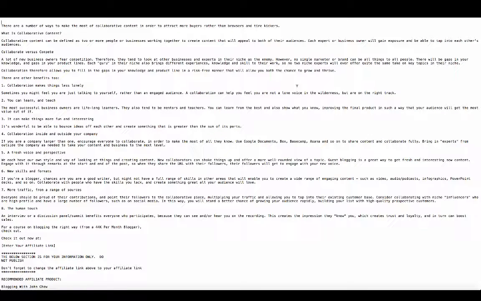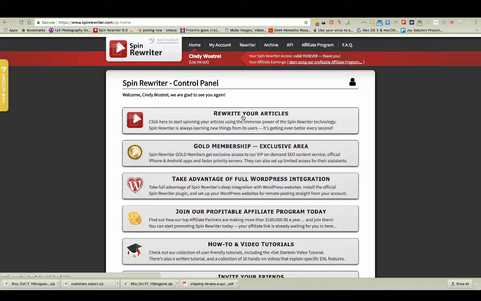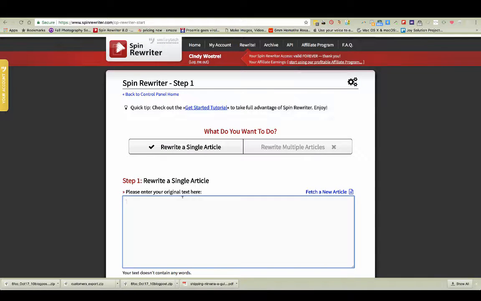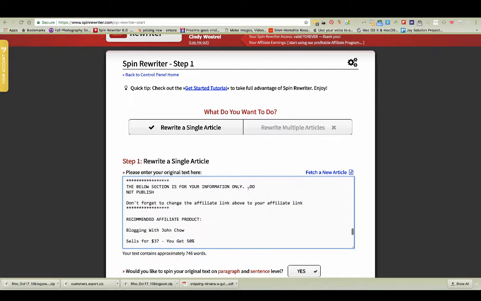Okay, in this video I'm going to show the process for posting posts to incredibleexpert.com. Right now I've got the first of the draft text that we need to use, so I'm going to copy it and take it to Spin Rewriter, click on Rewrite Articles, rewrite a single article, and